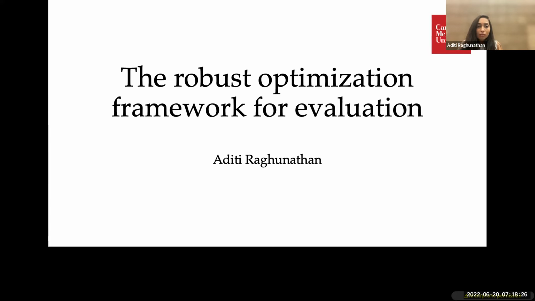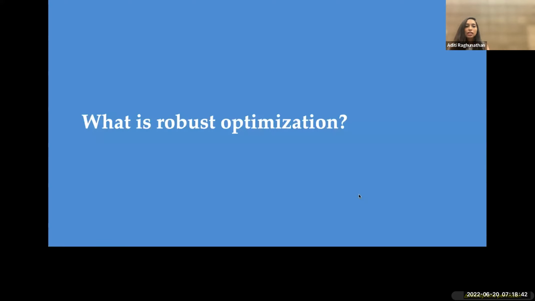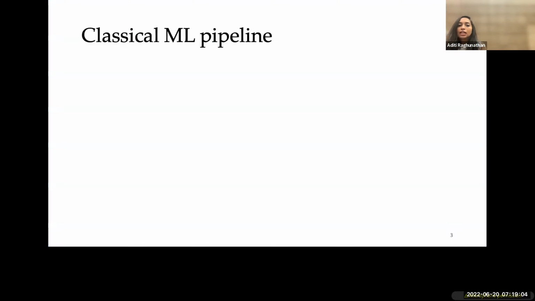So today I'll be talking about the robust optimization framework for evaluation. For those of you who missed the morning remarks, because there was a little bit of confusion over time, no worries, I'm going to briefly recap what's necessary. Okay, great. So the first part of the tutorial today will focus on what exactly this framework is, why we care about it, and how it is motivated in terms of the big question that we're thinking about, which is how do we evaluate machine learning systems in a way that captures what we expect from them when we deploy them in the real world. So what's the classical ML pipeline?